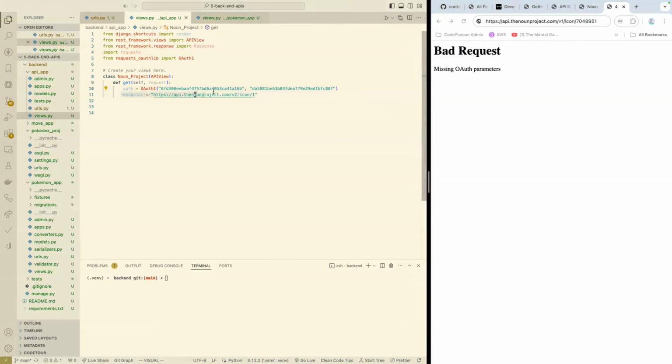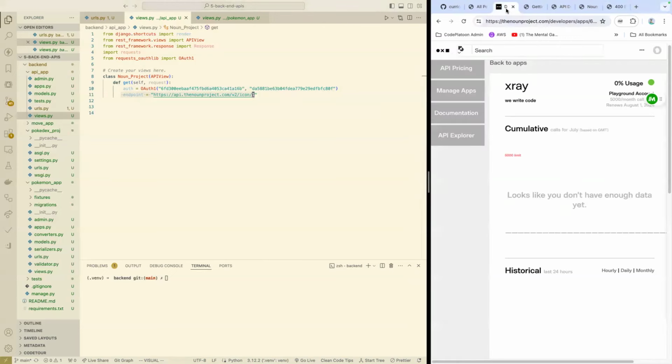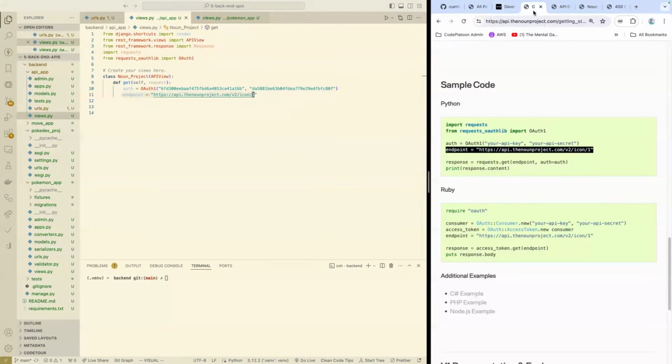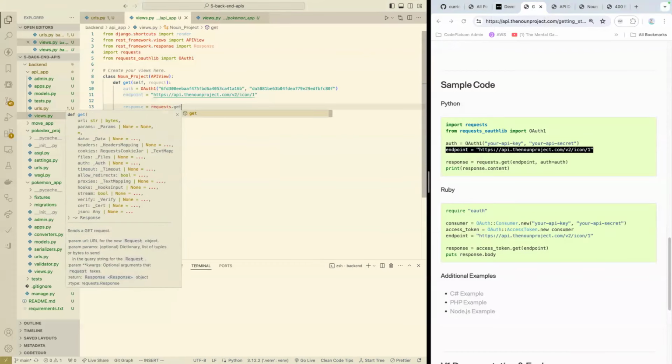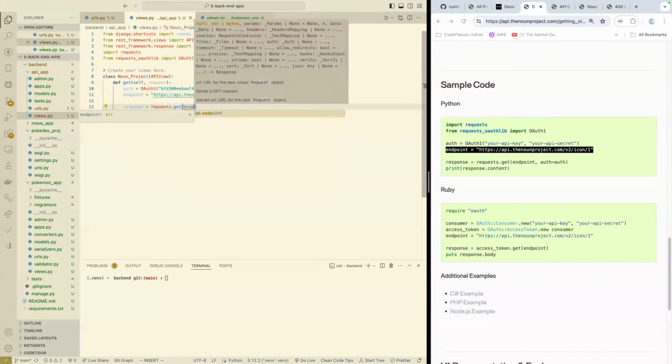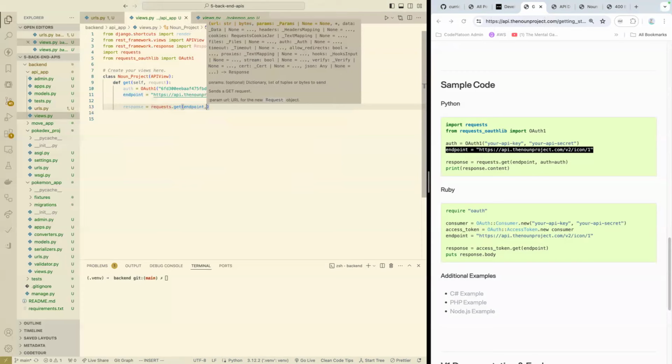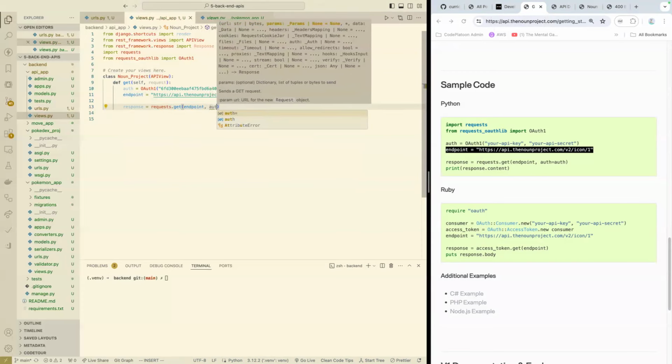We've got the URL, right? The endpoint that we're going to test out. And let me actually pull their sample code back up. And we're just going to literally write out the code that they have here. And now we're using that requests library that we just installed. And we're going to make a GET request. We pass it the endpoint, the URL. Requests also needs to take as a second argument